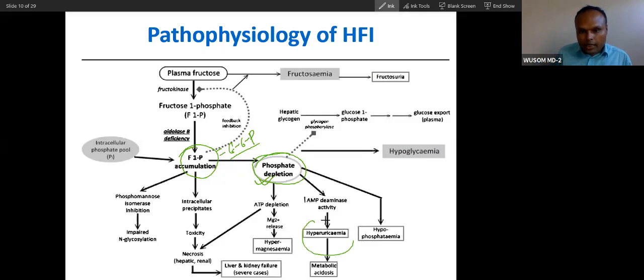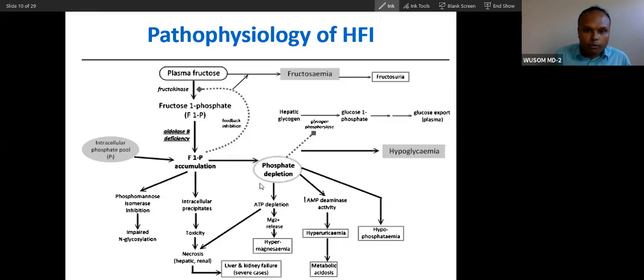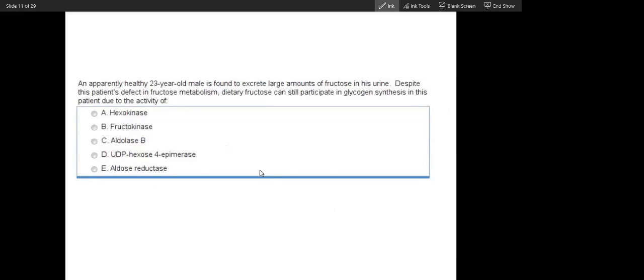And hyperuricemia: as you can see in von Gierke disease, uric acid is very high. Here also the patient will have hyperuricemia. Lactic acid is also high in von Gierke disease, so lactic acid will also become high in such patients. So they are very similar to von Gierke disease. If you compare this with von Gierke disease, you will remember better. And just remember, from the academic point of view, phosphate depletion is the main cause. Will you memorize this hereditary fructose intolerance? Yes, sir.